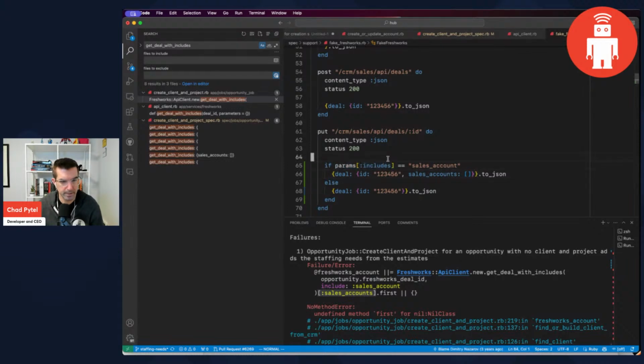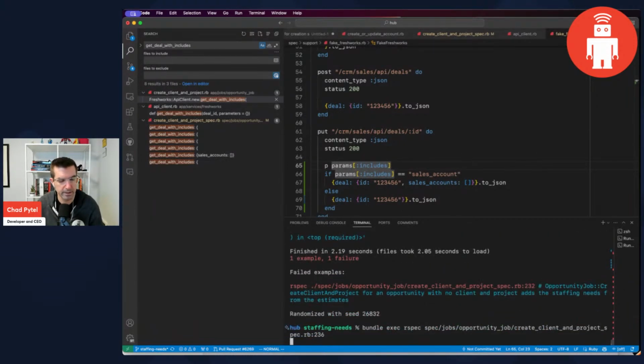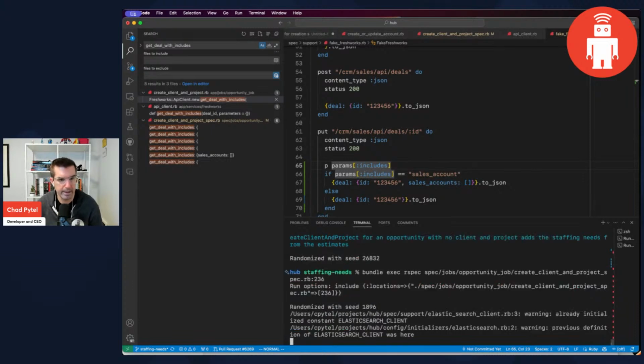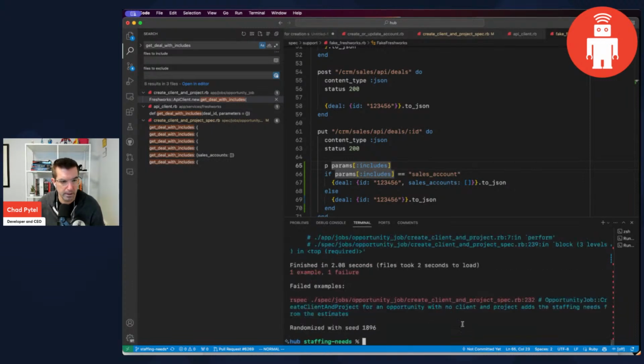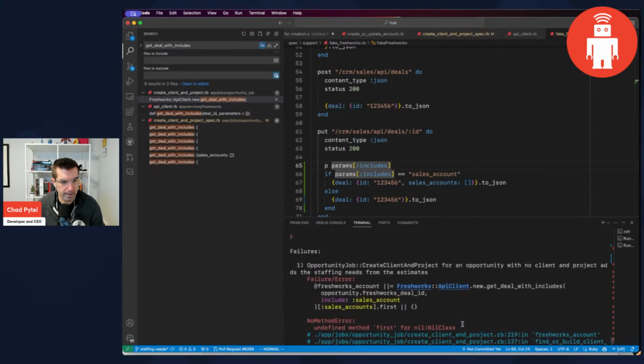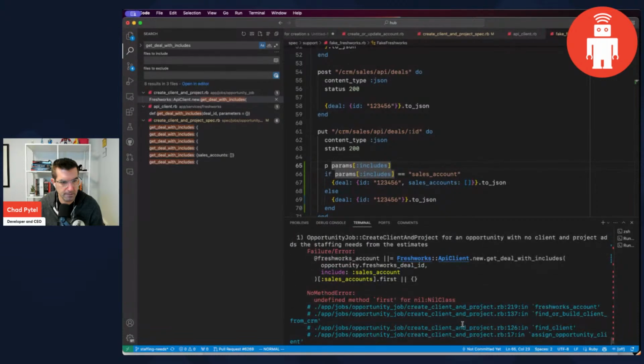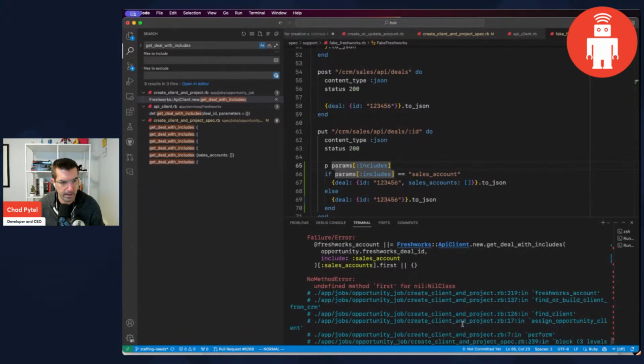Just because I anticipate that this format might be wrong, I'm going to print that. Okay, so now let's run that. And what we should see, okay, so it's sales accounts,